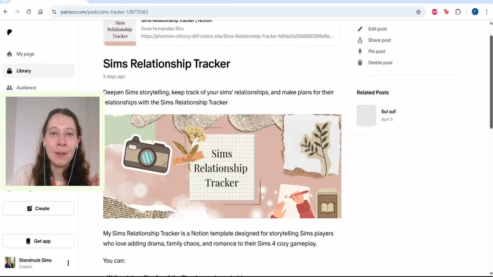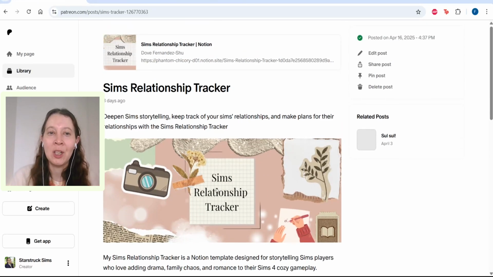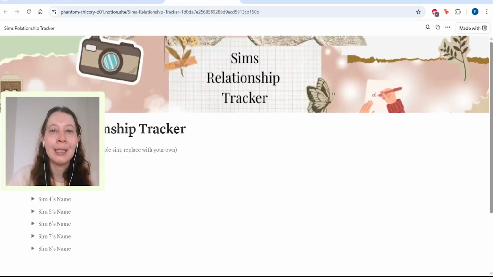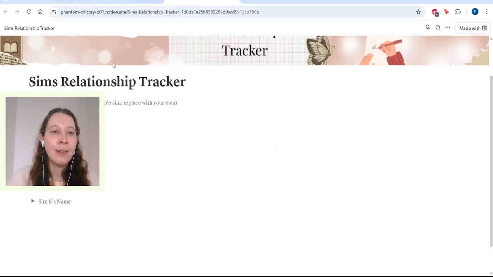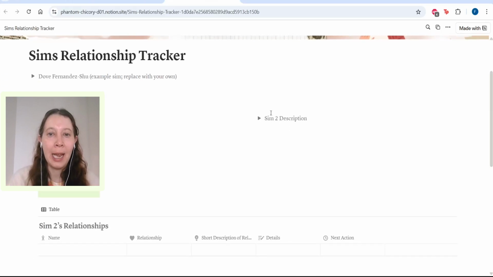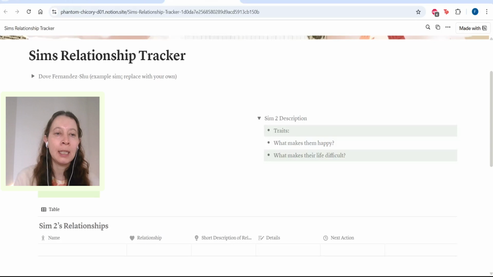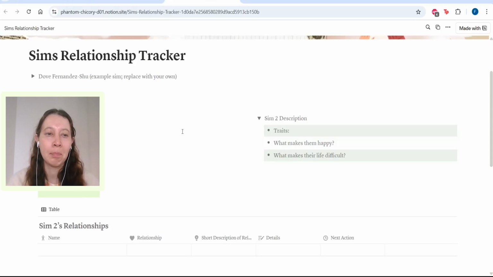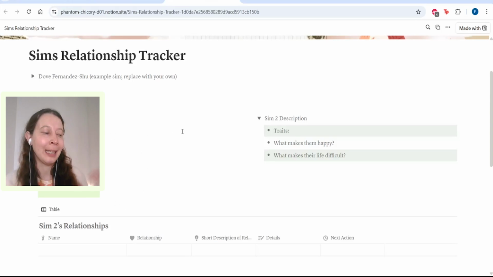So now let's go over to the relationship tracker. When you're on the Patreon page, you can click on it here. And then here is the tracker. So we have our example Sim right here, but I'm going to show you first what it looks like without any Sim information. Over here, you can replace this image with a Sim photo. You don't have to. Often on websites like this, I just leave this kind of thing blank because I don't feel like going in the game and getting a photo of my Sim to put here,